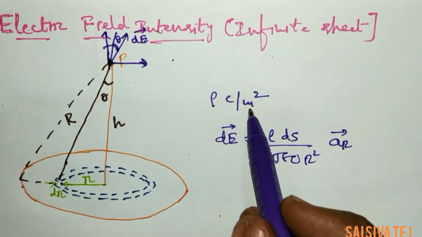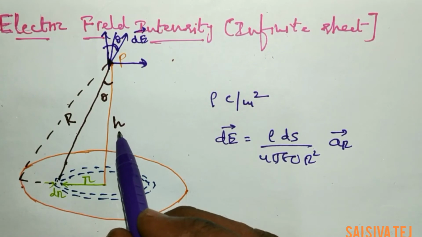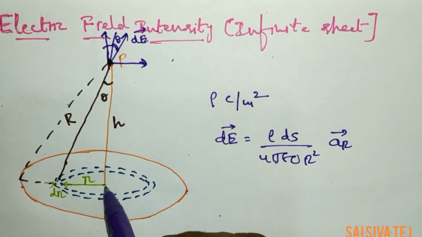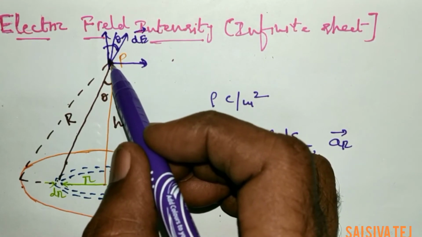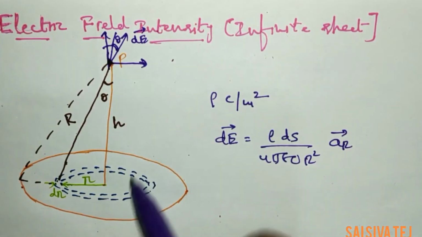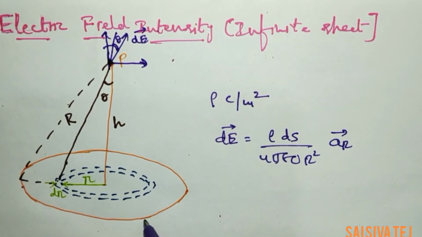Let me explain the parameters we are going to consider here. h is the perpendicular distance from the center of the disk to P, where we have to find out the electric field intensity. And this entire disk can be considered as